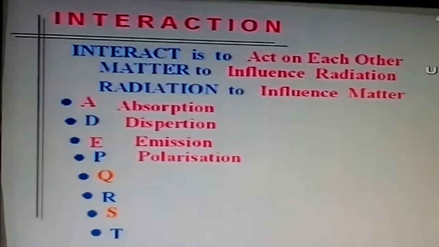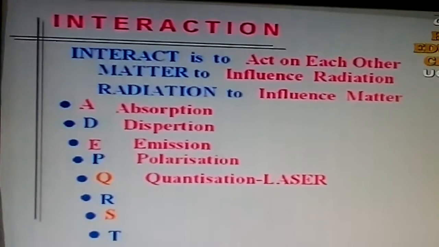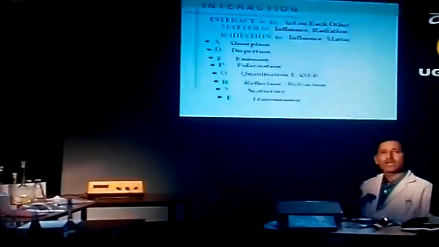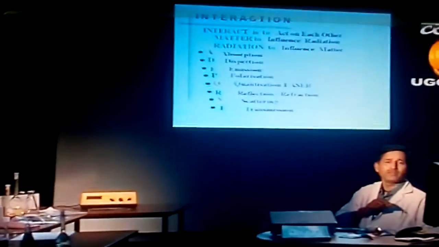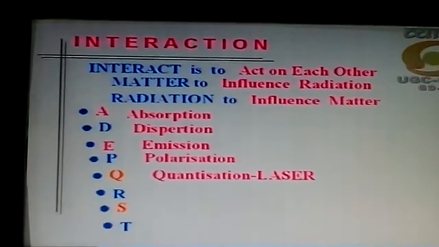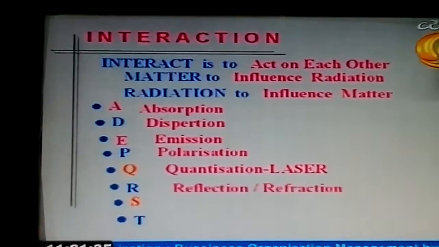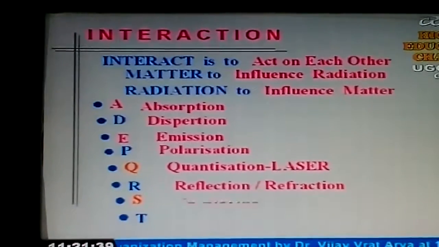Q has been inserted because there are certain stimulated energy radiations caused by large amplification or microwave amplification, which were earlier called quantized radiations, and are considered as Q. R for reflection or refraction, S for scattering,